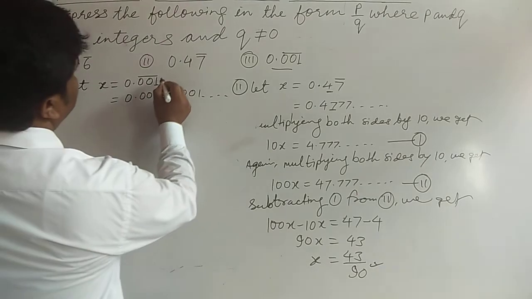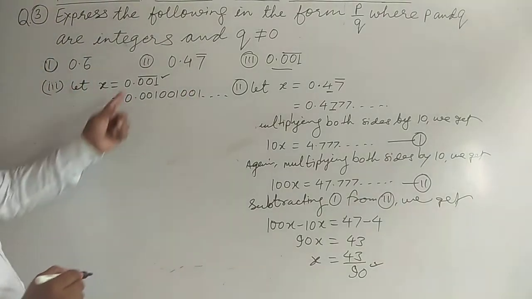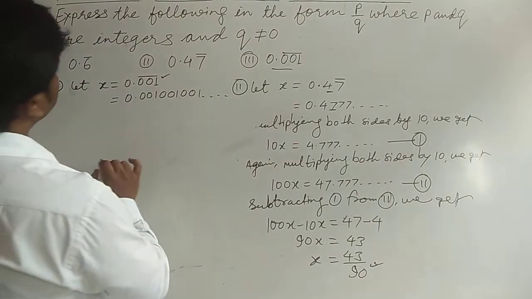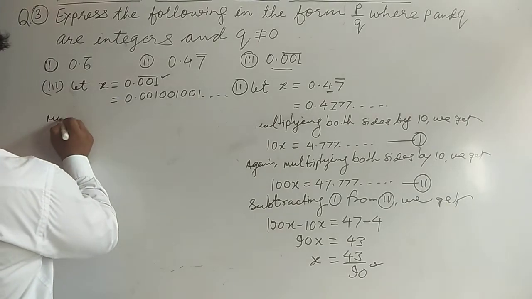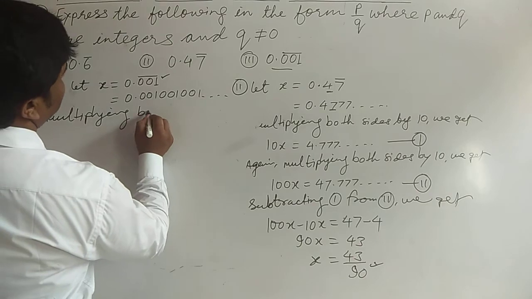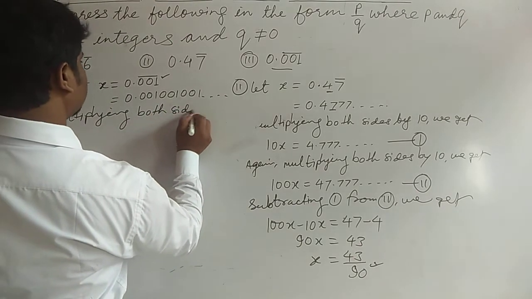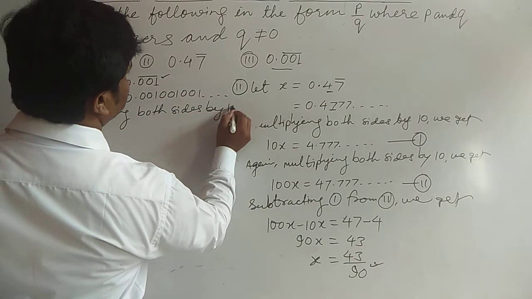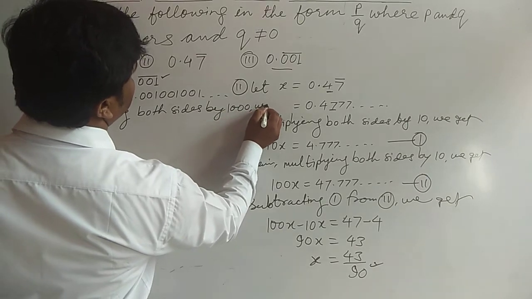So how many digits are repeating? 3 digits. So we will multiply by 1000. So multiplying both sides by 1000, we get